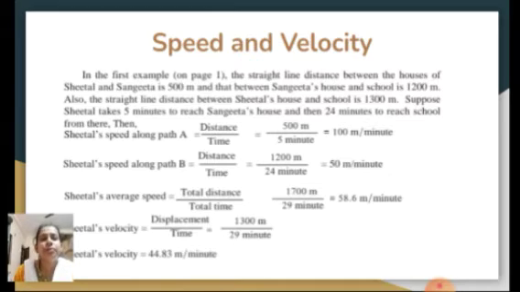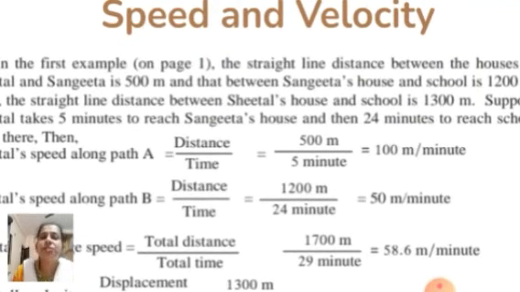Suppose Sheetal takes around 5 minutes to reach Sangeeta's house, and then 24 minutes to reach school from there. Then what would be Sheetal's speed along path A, along path B, then the average speed of Sheetal, and what would be Sheetal's velocity? So let's see Sheetal's speed along path A. First you have to use the formula, that is distance upon time. So along path A,